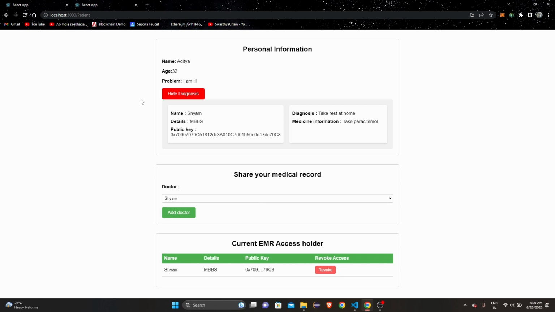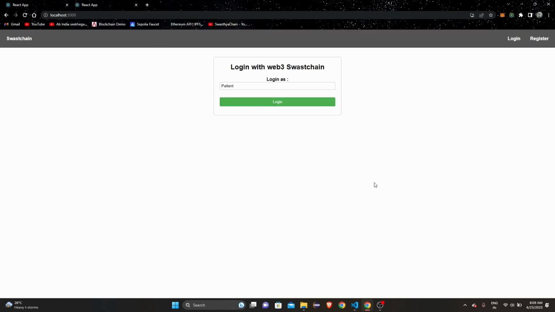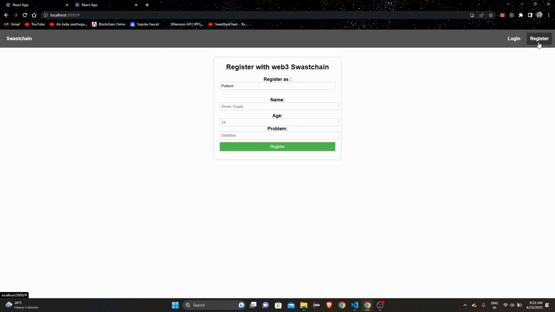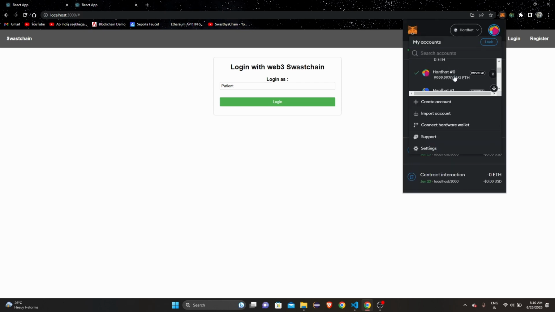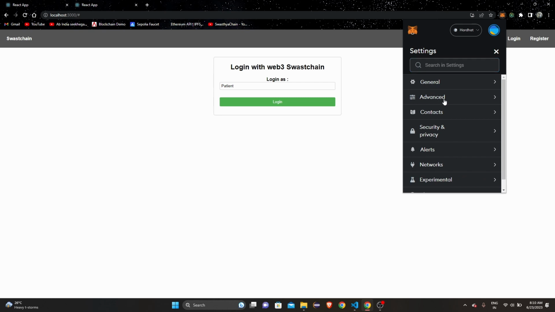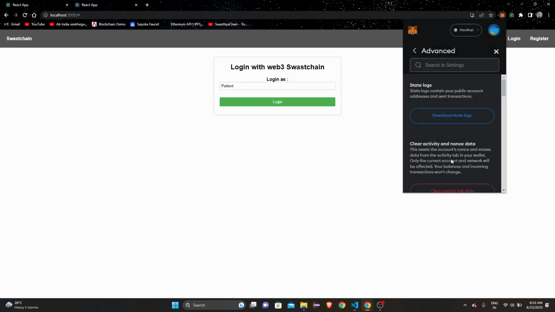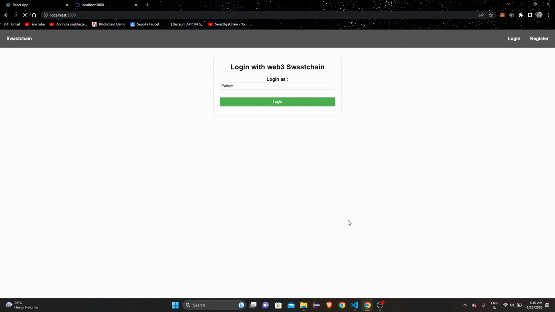And now let's add one more patient. If someone wants to register as a patient, he needs to go to register, and let's just change the account first, because we are going to register from another account as a patient. So let's take hardhat 0. Let's first clear the active tab data, as we are on the localhost. And now you can see that